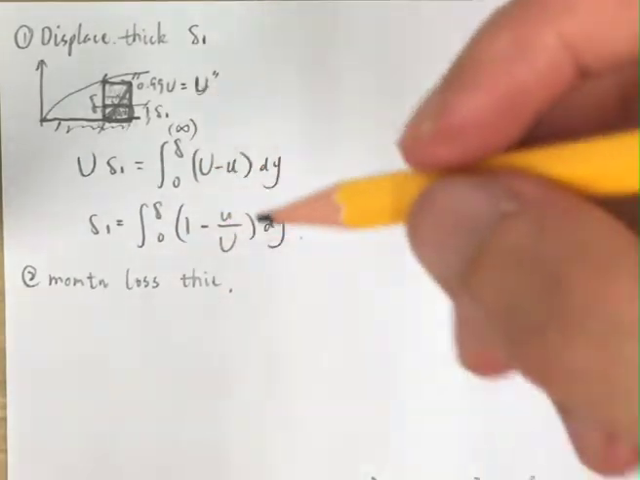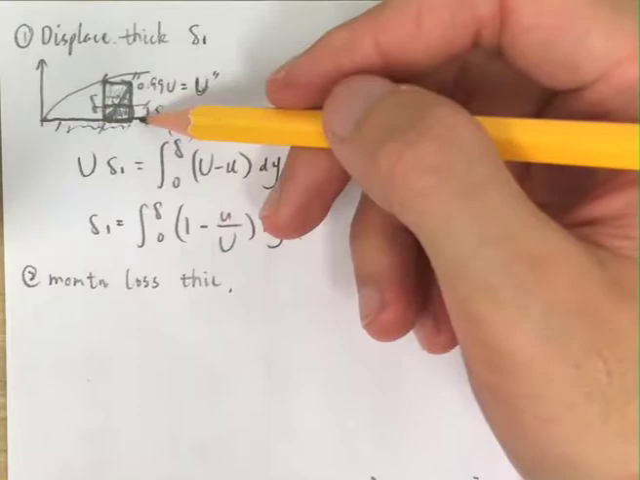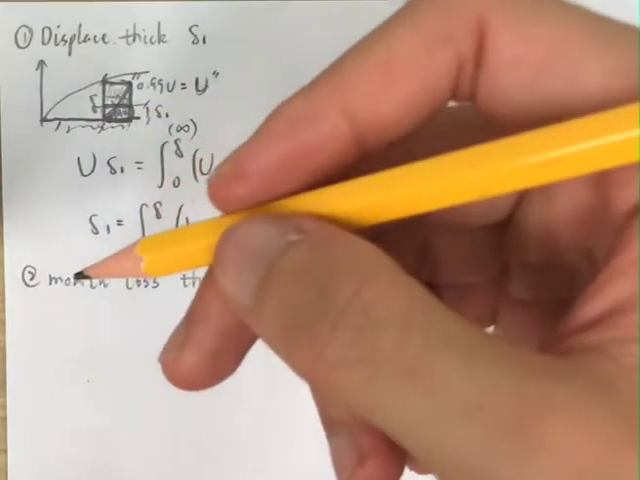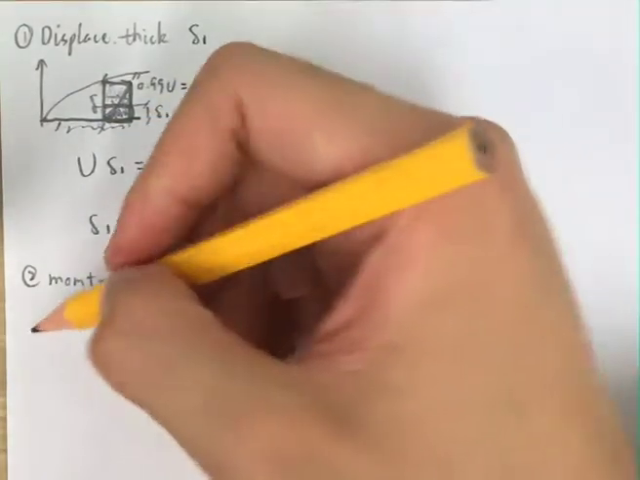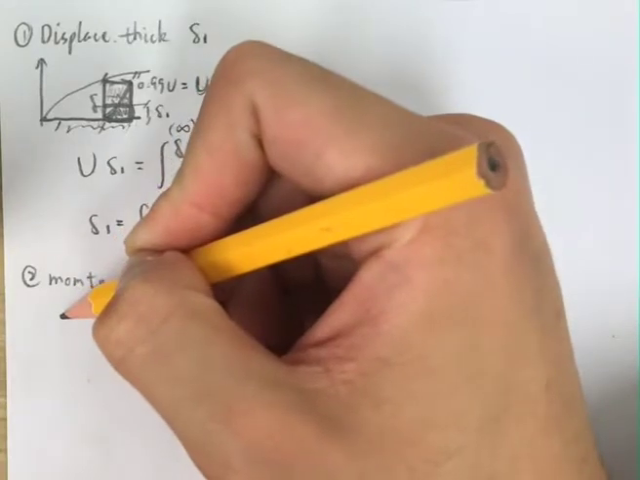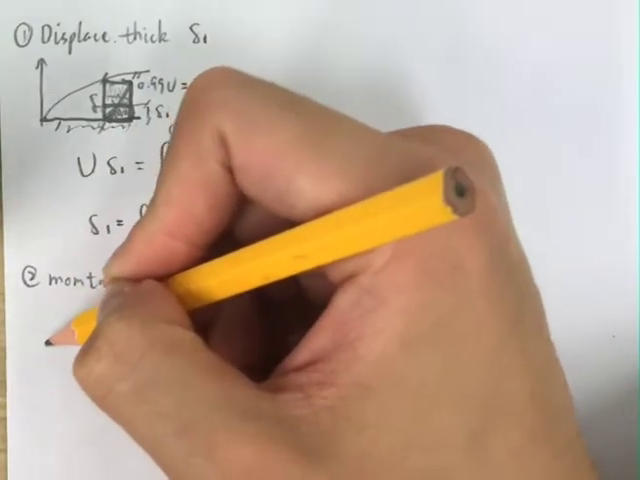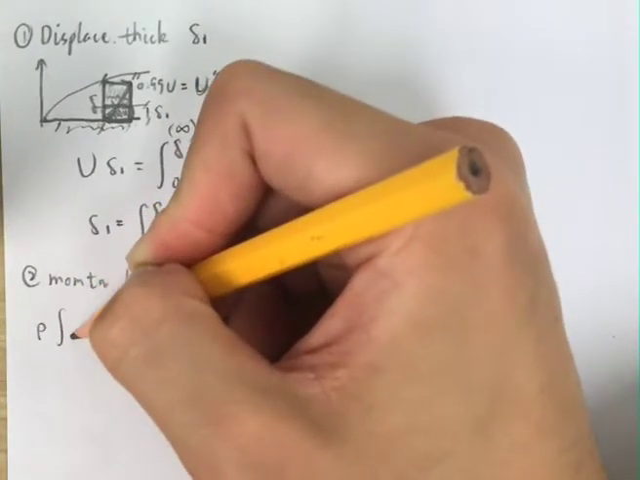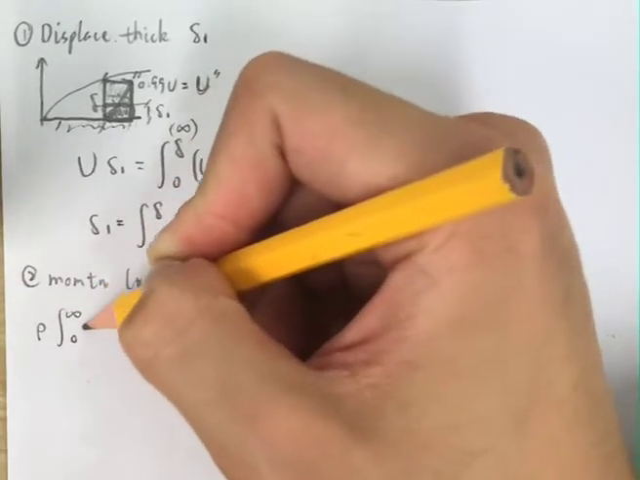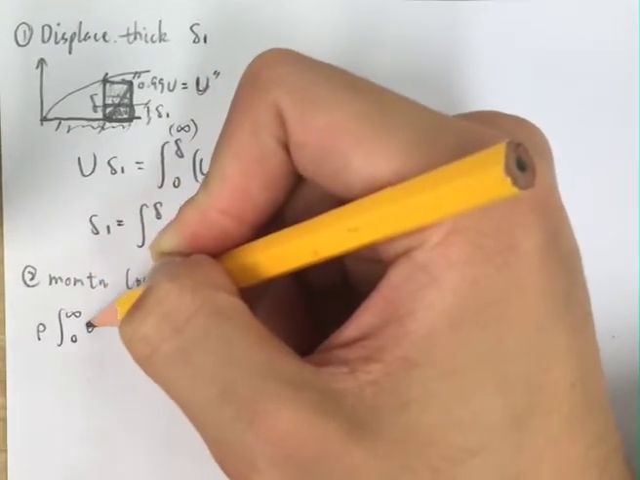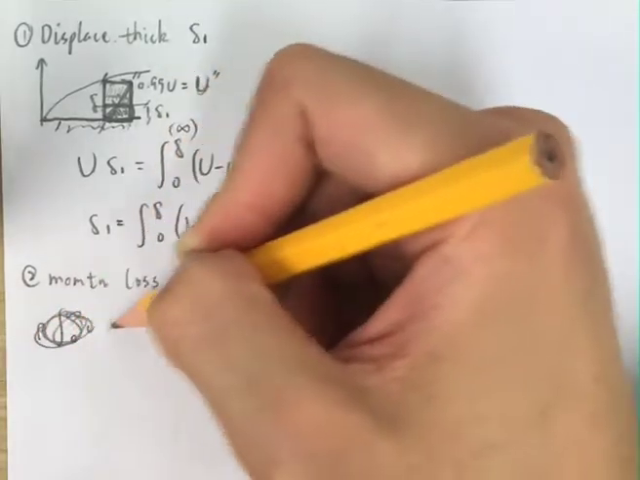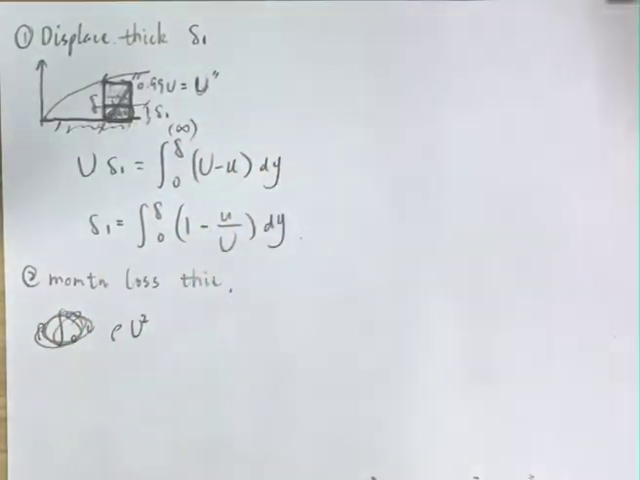So if it wasn't for the boundary, the momentum of the fluid will be what? It will be the integral from 0 to infinity of rho U squared, right? It will be something like this, rho U squared. But